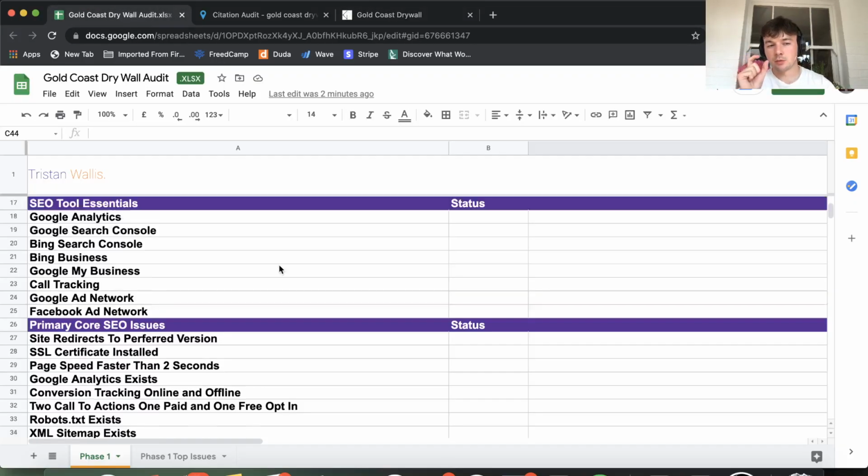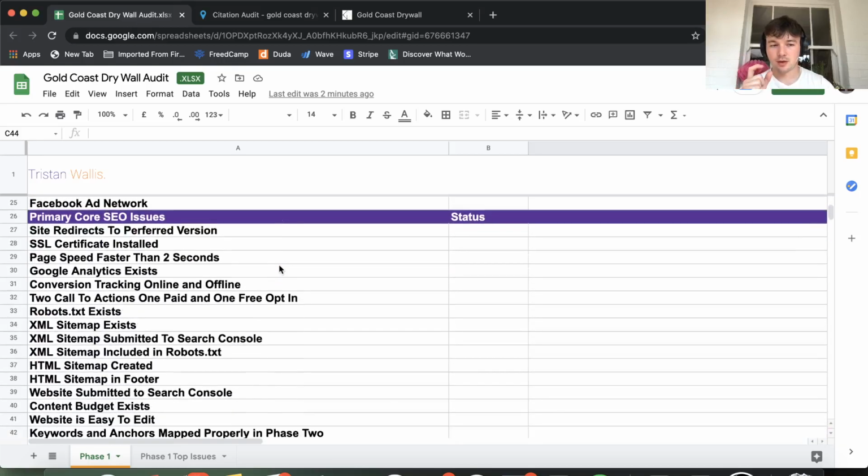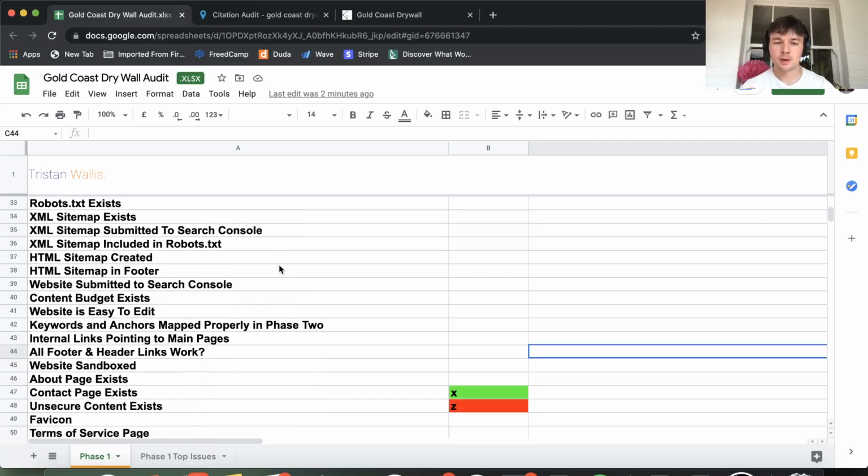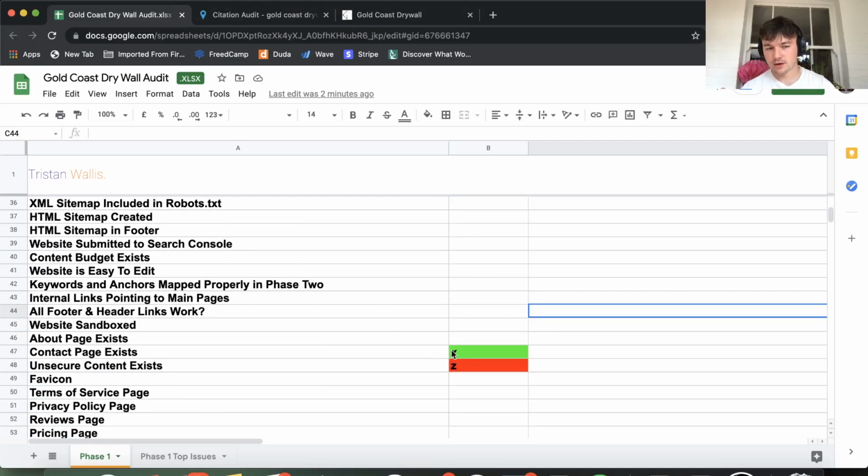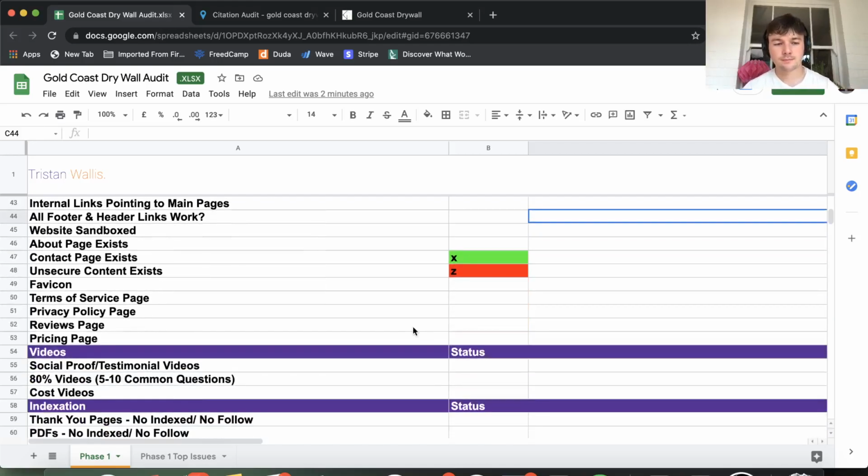But today, we'll be really focusing on going through these foundational core SEO issues and how we can improve them, or see if we find any opportunities, find any defects that could be holding their SEO back, right, or their